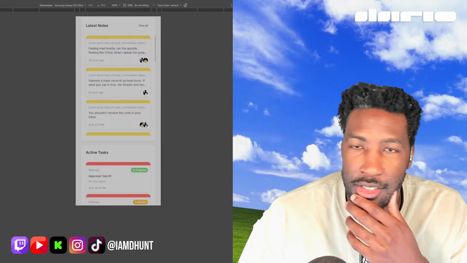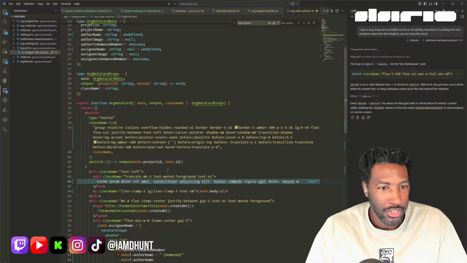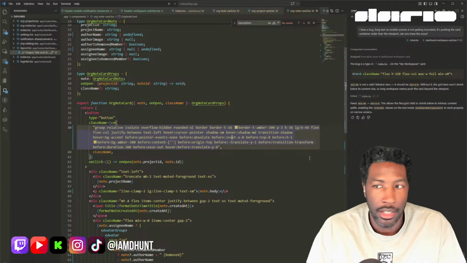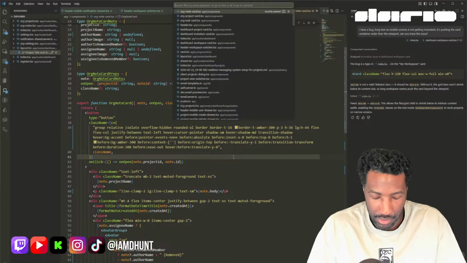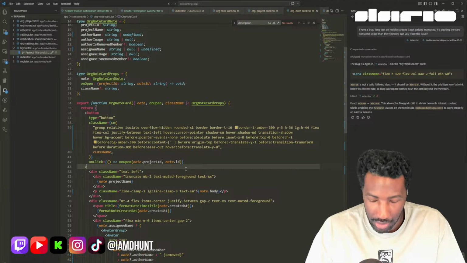Right, that works. Cool. Just making sure my layouts aren't breaking with these long strings. A very known kind of issue of Shadcn. So I already fixed that actually. So this is my task card. Let's come to